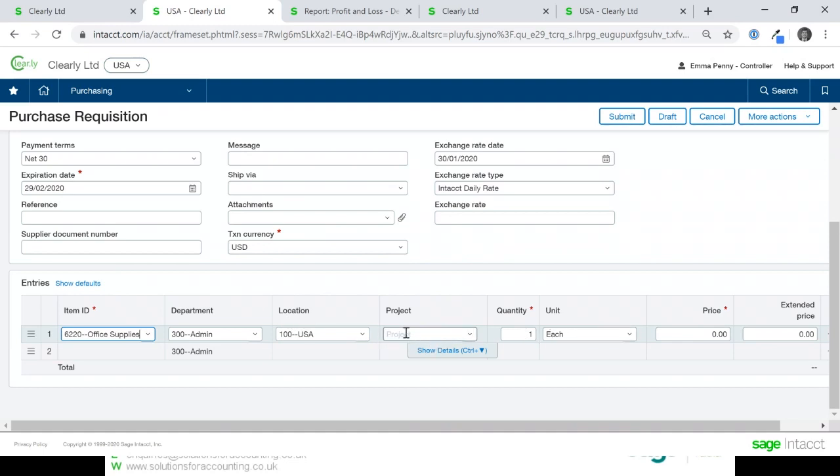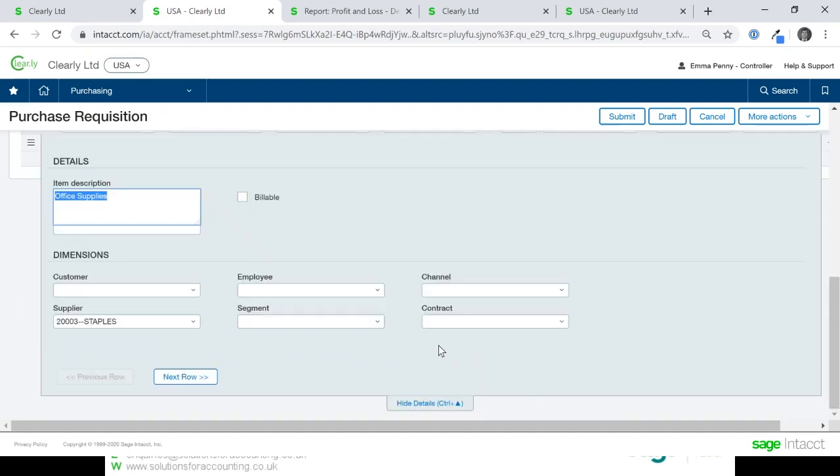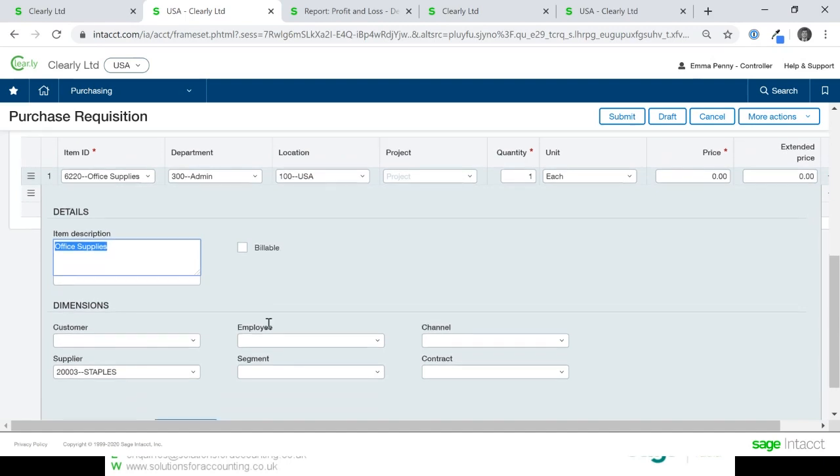You could tag a project or a contract here as well if you needed to, or a particular segment or channel. These are actually custom fields and objects which you can add in to the system to tailor it to your own specific needs. Quite often you'll have a sales representative, or region is quite a common one as well, and you can use that then in your reporting to break everything down and say, I want to look at all my sales for the Northwest or the Midlands or both. Again, using that idea of the dimension being the filter that you can then apply to your transactions.